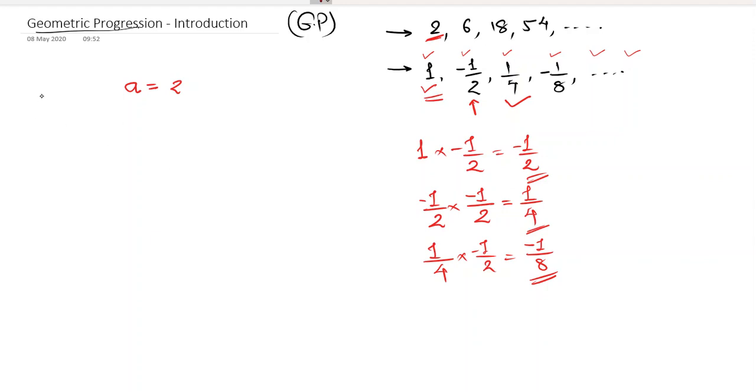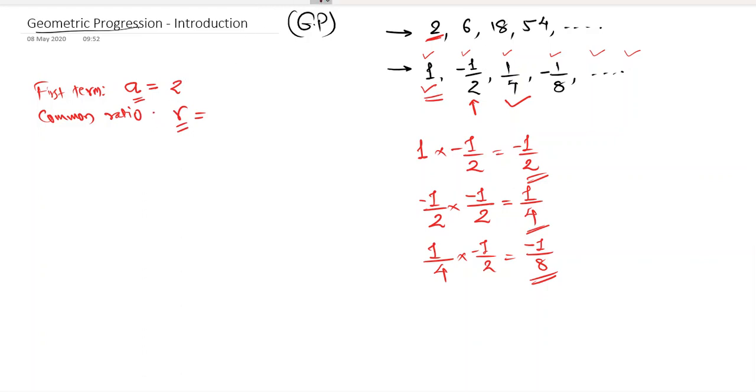Common ratio. So A is the first term, common ratio is equal to R. The symbol for common ratio is R. The symbol for first term is A,